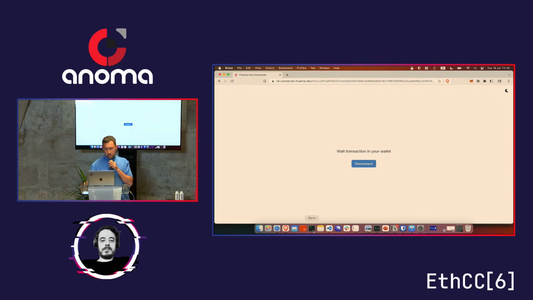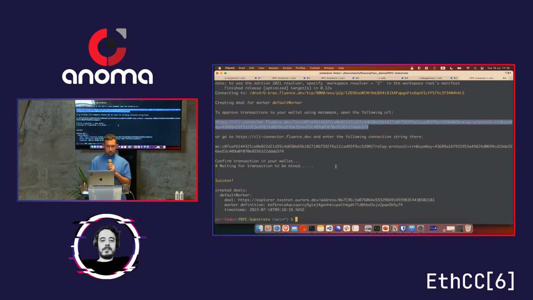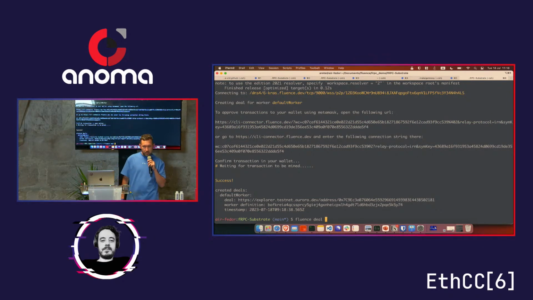And once the transaction goes through, the code we just compiled will be deployed to our network, and we can start working with it. So as you can see, it was deployed. Now let's wait a couple of minutes for it to be fully deployed into our network.